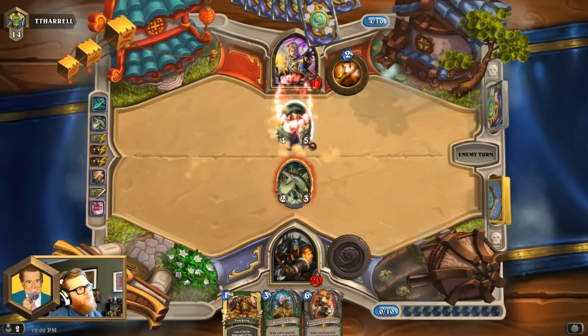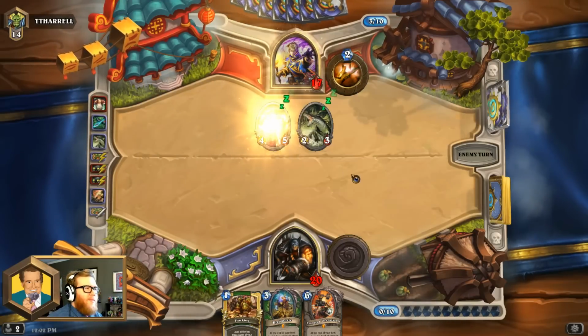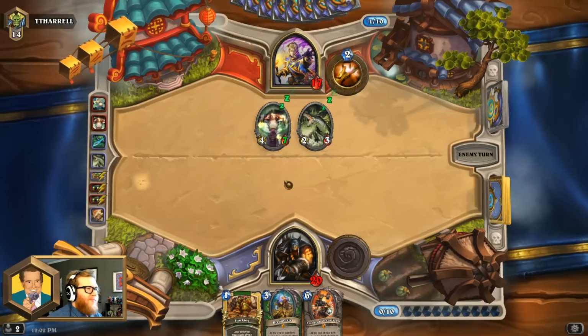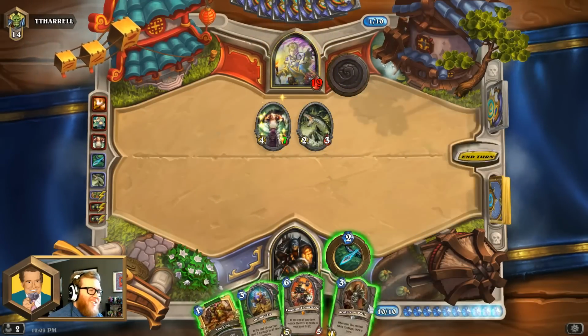Let me change your mind. We happen to get a 2-drop that he could steal with the Cabal Shadow Priest. So that worked out great, too. Getting a little salty about this particular...